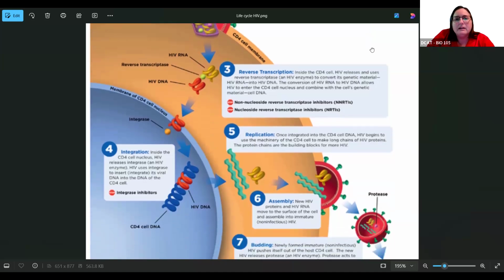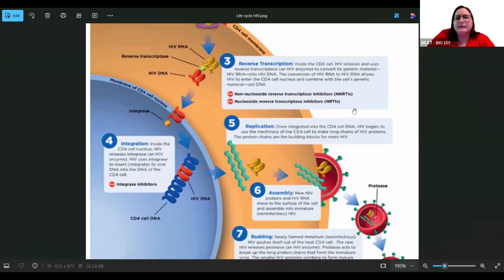Now what's going to happen is that the HIV uses that reverse transcriptase HIV enzyme to convert its RNA genetic material right here into HIV DNA. So your HIV RNA takes that reverse transcriptase right here, and that allows it to convert it to